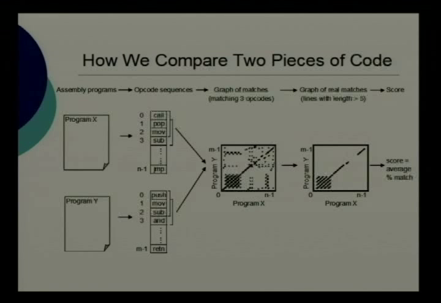Also, because we are doing sequential matching, identical segments of opcodes form straight lines parallel to the diagonal. If they are at identical positions in the two programs, we will see these lines fall right on the diagonal. If there is some translation, we will still see these lines, but they would be off the diagonal, meaning the opcodes appear in different locations of the two programs. All right?